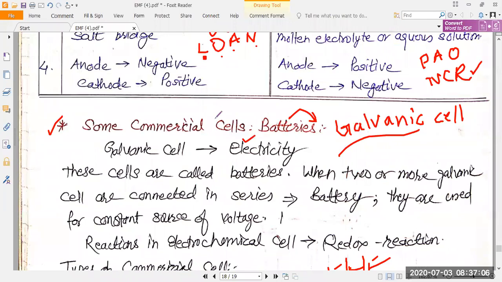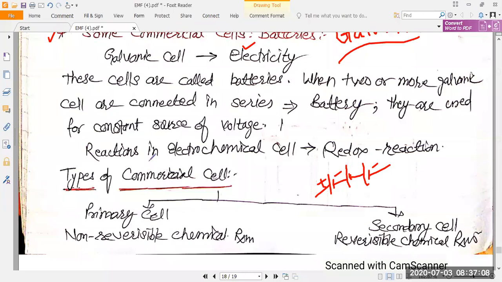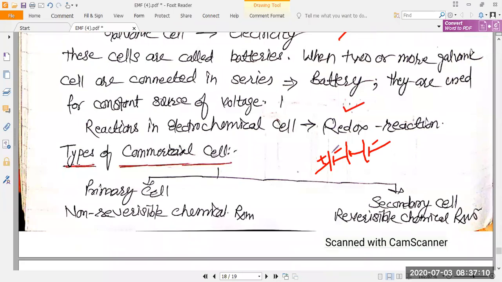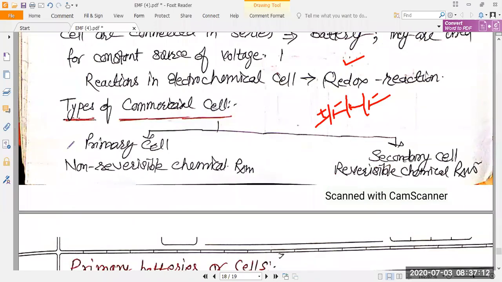Reactions in electrochemical cells, redox reactions, we know very well. There are two types of commercial cell. First is the primary cell and second is the secondary cell. Primary cells are non-reversible cells, for example, pencil cells. This pencil cell that we see in our day-to-day life is an example of a non-reversible cell,